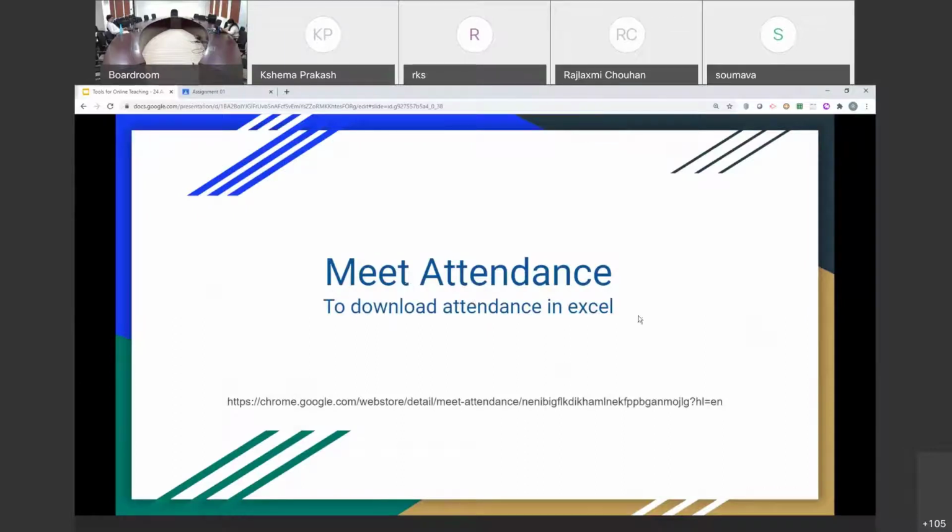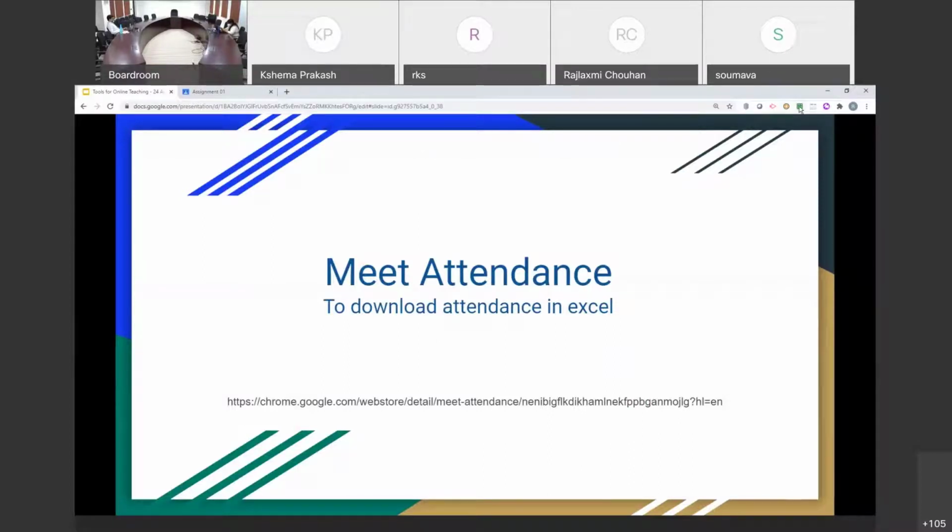Next is Meet Attendance. Normally in WebEx, if it is email ID based, you will be able to download attendance in Excel. However, on Meet, this feature is not there inbuilt, but there is an extension called Meet Attendance, which you activate.